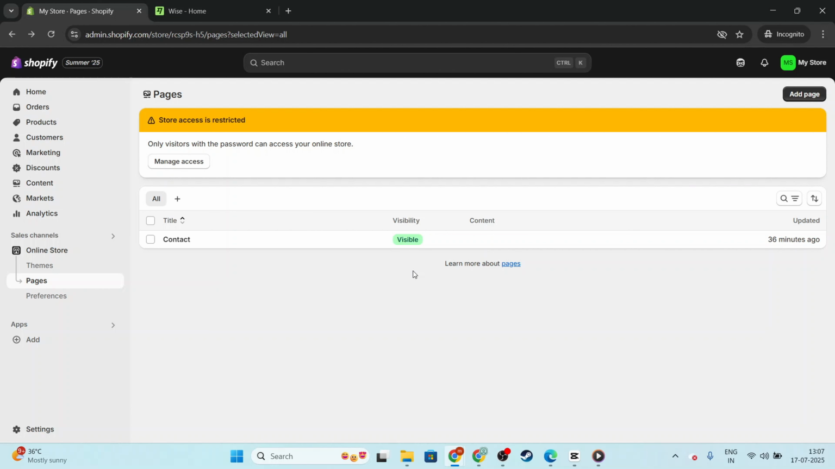That's all it takes to transfer your domain from Godaddy to Shopify, a seamless way to enhance and streamline your